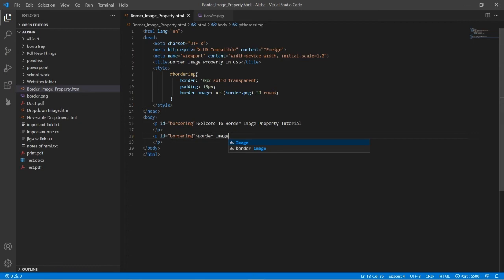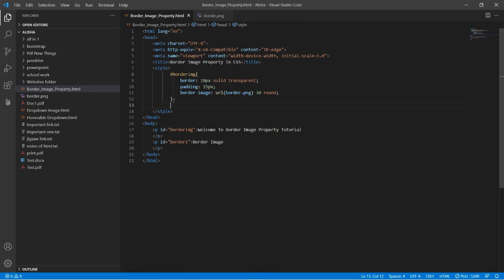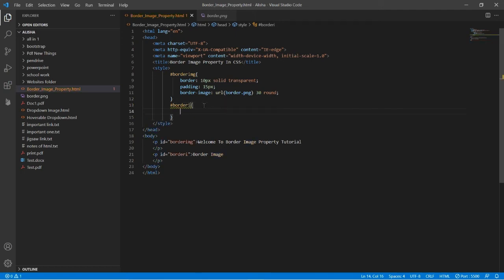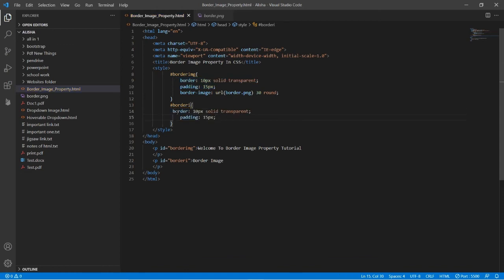Now I will change the ID into border only or border I. Now type here hash border I. Now here we have to type same as all this. Do not copy this last line, paste it over here